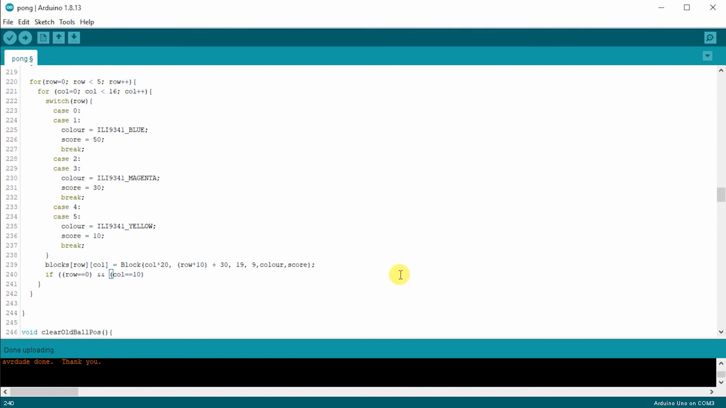So we want to select that block, and we obviously want to select the inverse of that. So if not that, okay, so this inside here, we want to select row 0, column 10. And what I'm going to do is say, so if it's not row 0, column 10, then what I want to do is say blocks